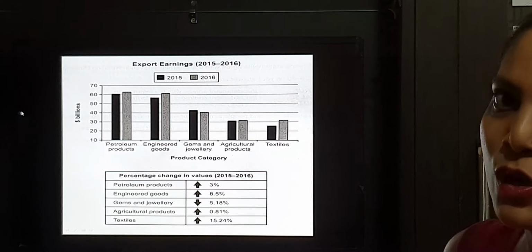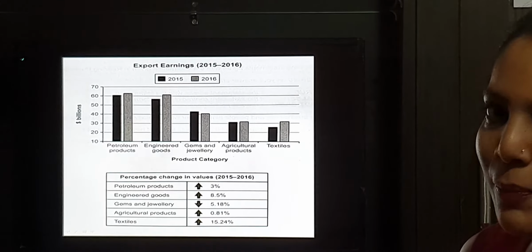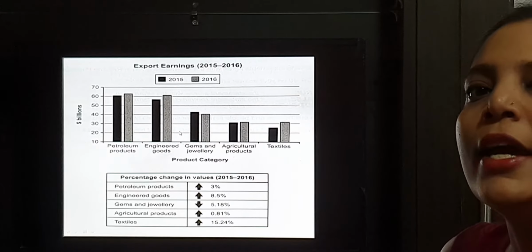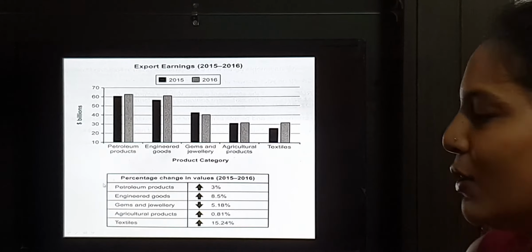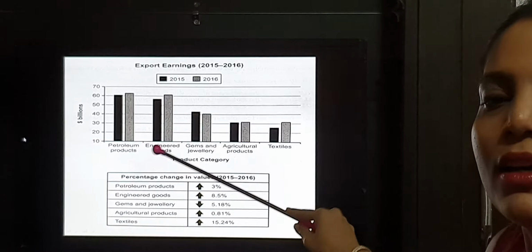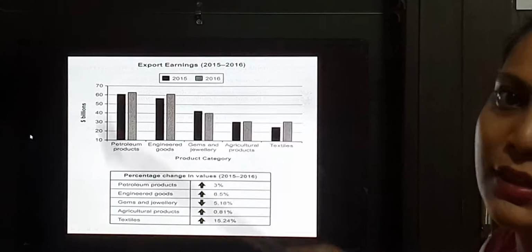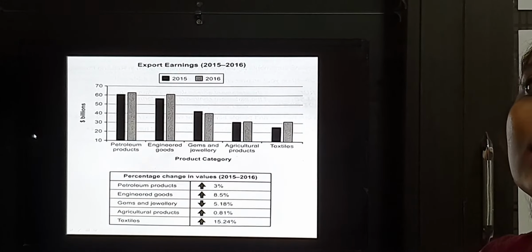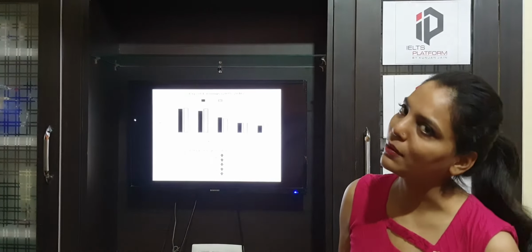Now what we do, we explain either this graph first or this graph first. It is up to you which graph you want to explain first, but you are going to explain both of them individually, one by one. Not both of the graphs will be explained together. Okay. So you can explain this graph first and then change the body paragraph and explain this graph. This is how the combined graphs are to be explained. Rest of the things are same. The explanation is going to remain the same.